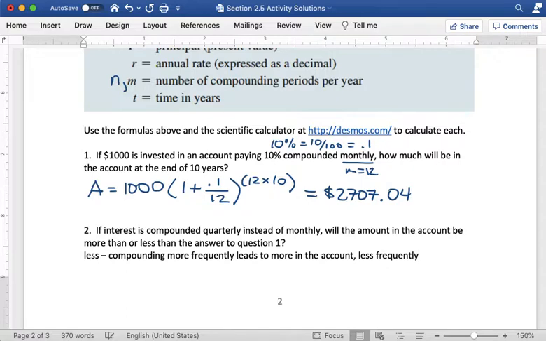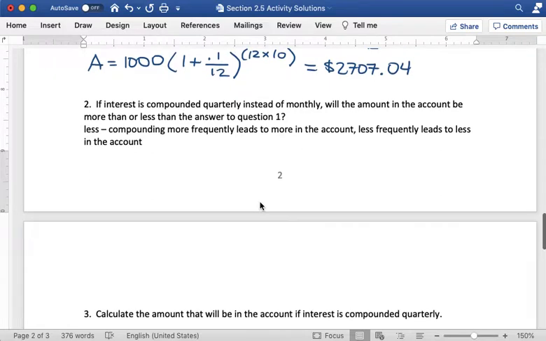So the more frequently that we are putting that interest back into the account as principal, the faster our money is going to grow because we're earning more interest because there's more money in the account. Now it's actually not a very big difference. And we will see how much it actually is going to be here when we do question 3. So it's going to be less than